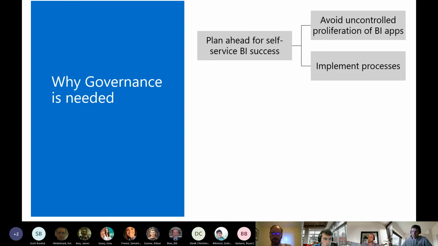You want to create that documentation, identify the roles, meet with your security team, meet with all of your teams to understand how they intend to use Power BI and implement the processes before you even begin creating your first report. Now, I know before I go on, a lot of you are probably part of an organization that's already been publishing content and using Power BI, so it's hard to start from scratch. That definitely is a luxury. But maybe you do propose taking a step back to implement those processes.